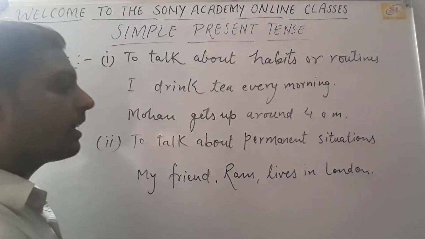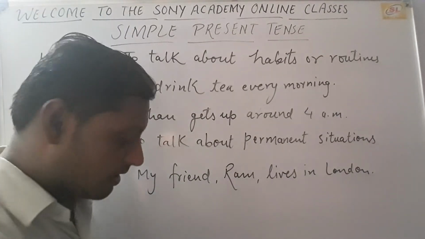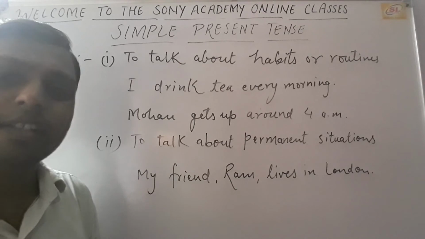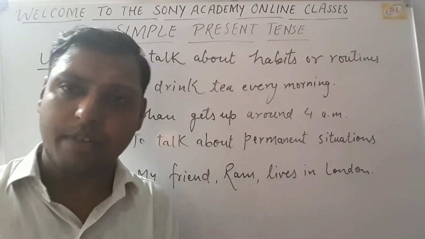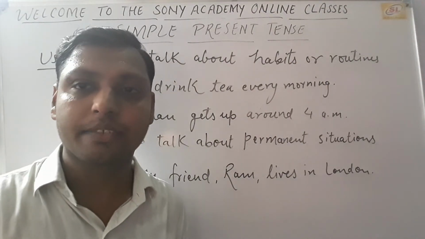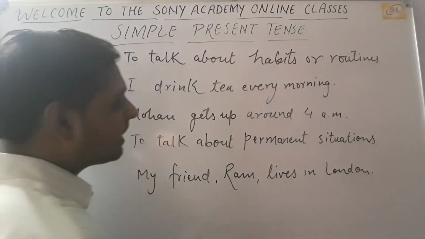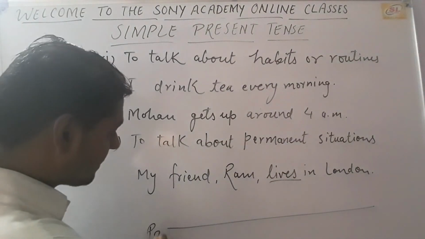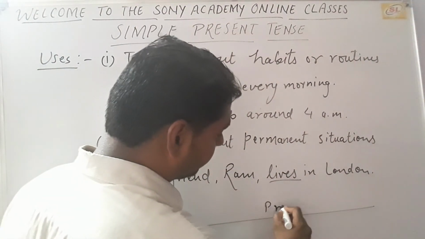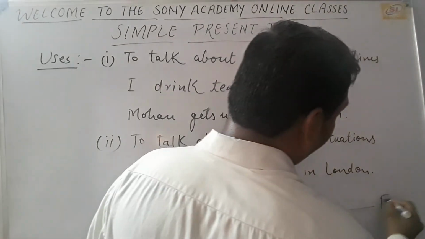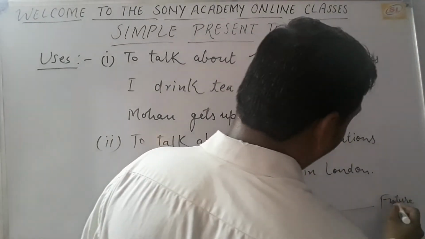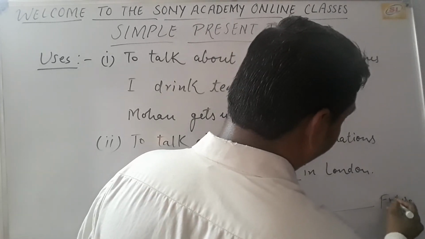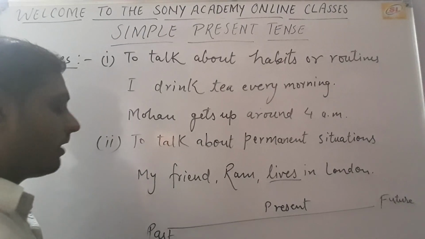In this sentence you can see that my friend has not gone to London just to live, just to reside, just to stay for some days. He lives permanently there. Okay? So this is a permanent situation. You can see this on the timeline. Past, present, and future. Okay, my dear friends? On the timeline, you are saying